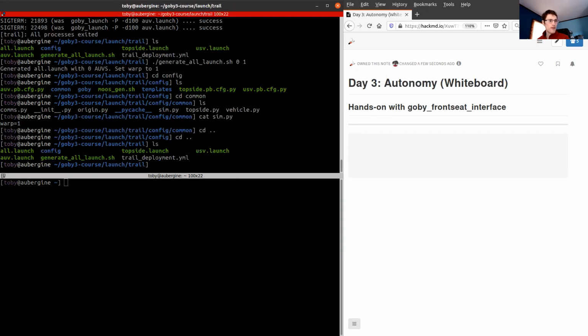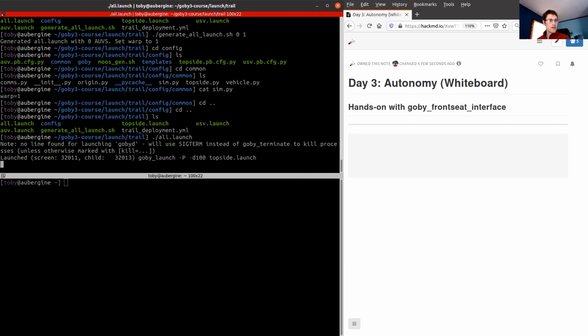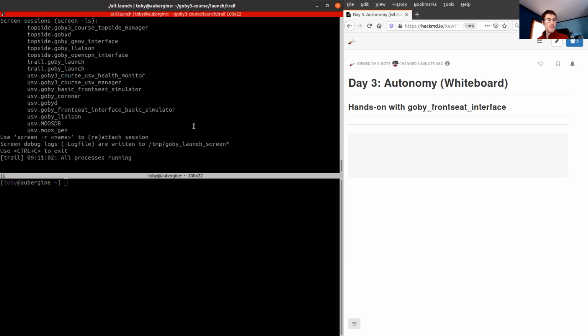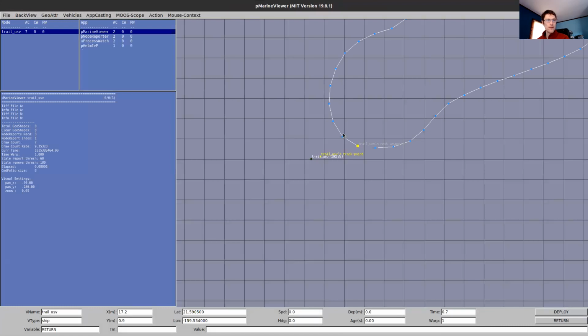But we have this convenient script, might as well use it. So then I'm going to launch the mission here. All.launch, which just runs the USV and the top side at this point, because we're going to look at the USV's